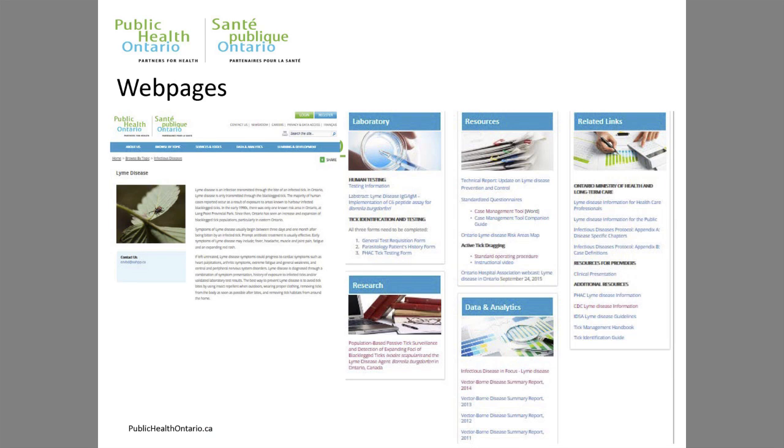And then the webpage. You can't really read it, but we do have a webpage. If you go to publichealthontario.ca, we have a webpage with all our different resources. Depending on what you're looking for, if you need laboratory testing, we have our Labstract and our requisition. If you want to submit a tick, we have our forms there. There are publications, some of which I talked about, research links, and our annual reports. We have an annual vector-borne disease report where we post our numbers, where things are occurring, and some of our different research, such as that case management tool or how to do proper tick dragging.